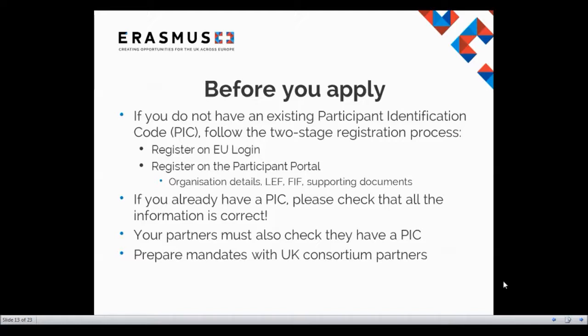This is a 9-digit participant identification code, which is unique to your organization and will help you complete the application forms. Also, you need to make sure that all the details on your organization are correct on the European Commission's participant portal. If you haven't got a PIC number, you need to complete a 2-step registration, but please double check that your organization definitely doesn't have a PIC number,